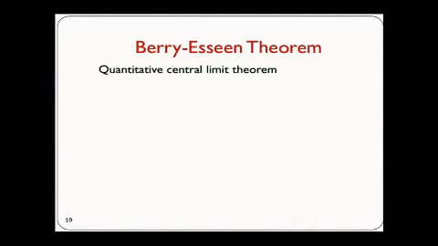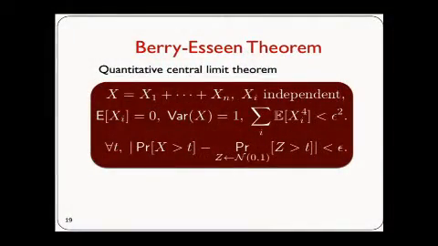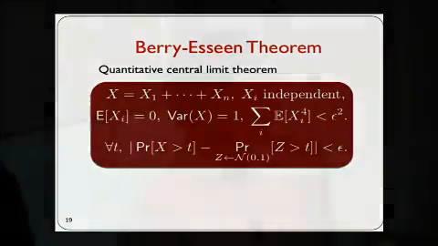So to quantify this intuition, we'll use the Berry-Esseen theorem, which says the following. Let's say you have n independent random variables x1 through xn, and x is the sum of these random variables. Moreover, the expectation of each xi is 0, and the total variance of x is 1. And most importantly, the sum of the fourth moments of the xi's is small, say it's at most epsilon squared. Then the Berry-Esseen theorem says that the cumulative density function of x is close to the cumulative density function of the standard Gaussian distribution, with a pointwise error of at most epsilon.